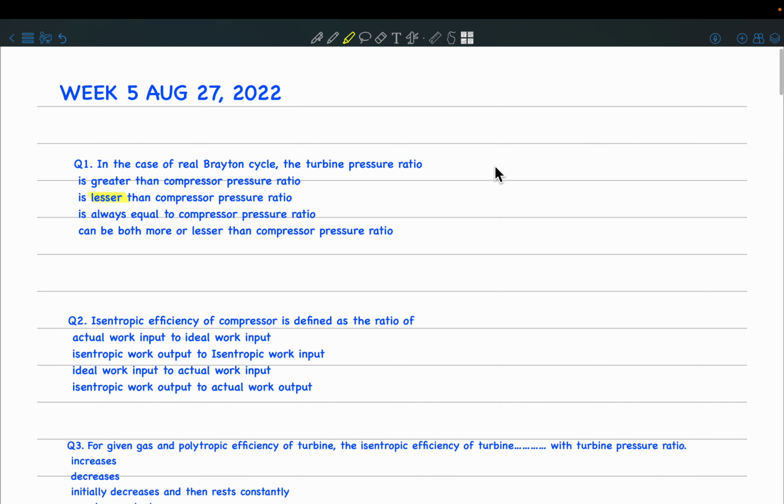The main work of the turbine is not to increase the pressure ratio, it is decreasing the pressure. No, but that's not how you define the pressure ratio, right? So how would you define a pressure ratio here? So let us first consider the most ideal case. Okay, so let us say on your TS diagram,